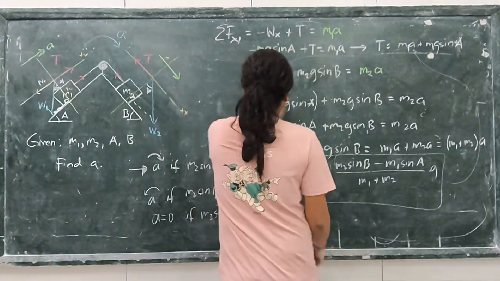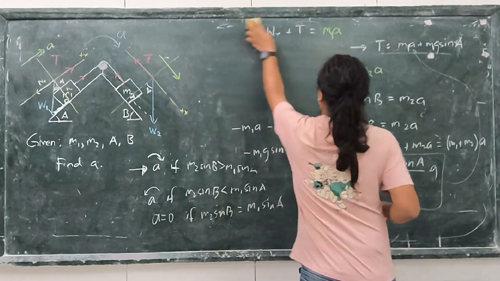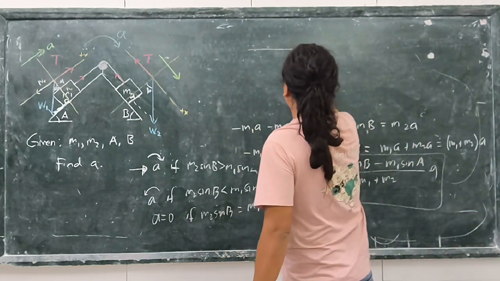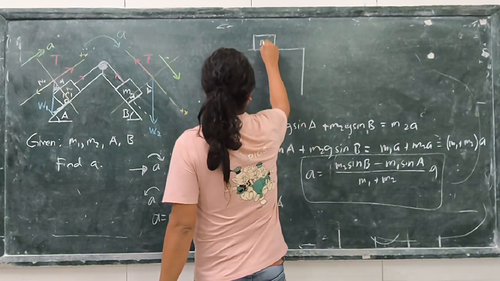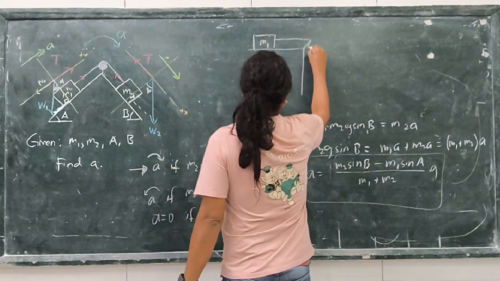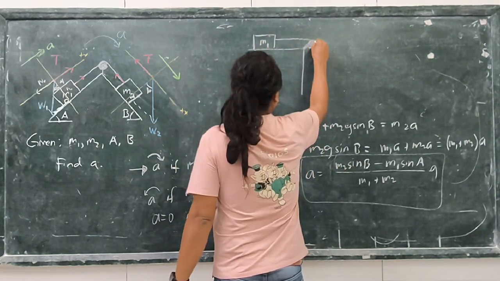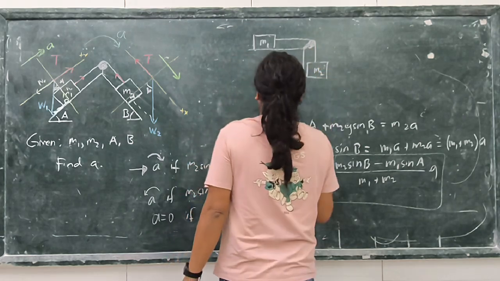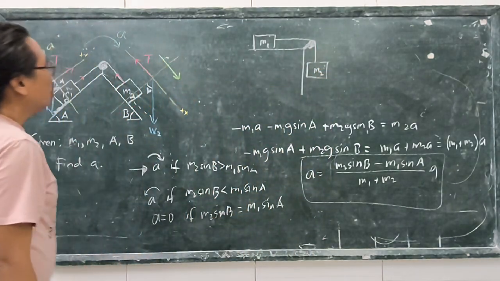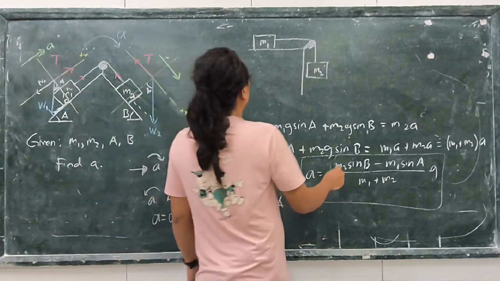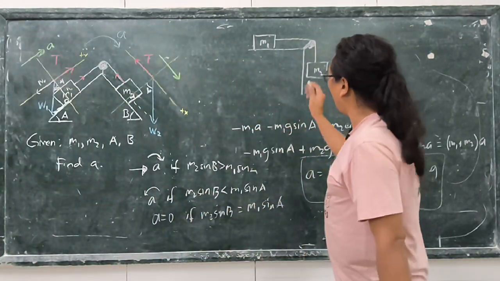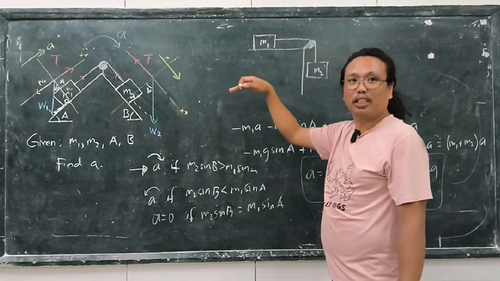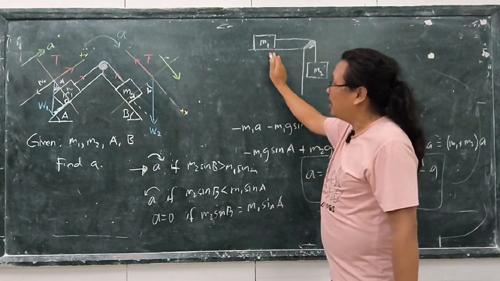Okay, I'll erase this one now. We have a special case, and it is this. We have this table here. We have M1, again with the same string and same assumption, and we have M2. In this case, we can now calculate our acceleration. And I'm going to show you that it's not possible to have a counterclockwise acceleration here.